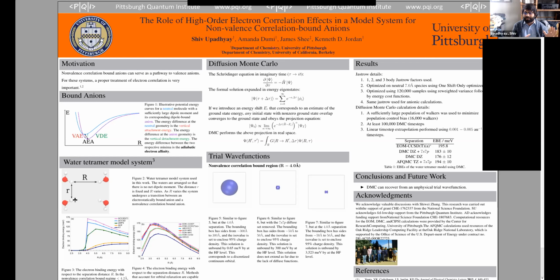So this model is cut out of larger water clusters. And so its only physicality in this sense is that it shows this transition between something that is a non-valence bound anion to an electrostatic anion. The physics is similar to actual molecules, but this wouldn't occur in nature. Other molecules that do occur, like if you take a benzene and change all of the hydrogens to fluorines, you get a really large quadrupole moment. And the physics between these two is similar, like you have a pretty large quadrupole moment here.